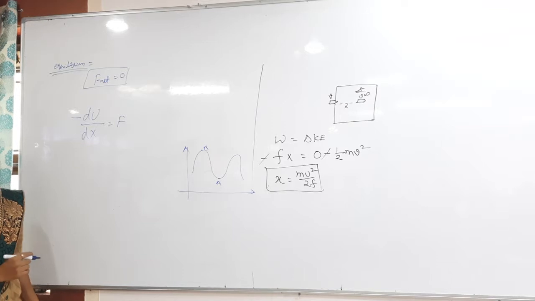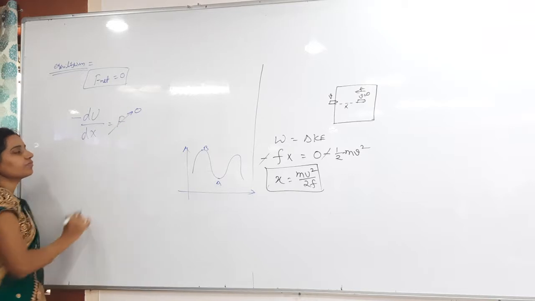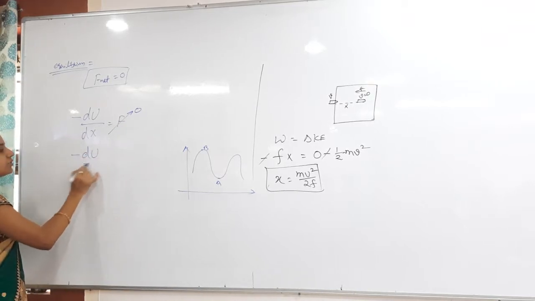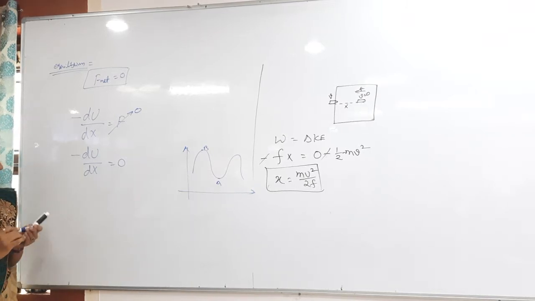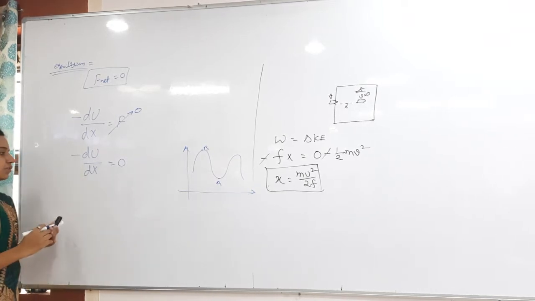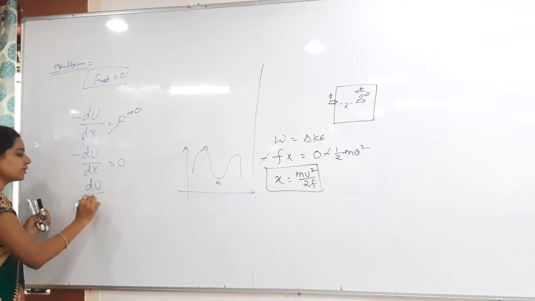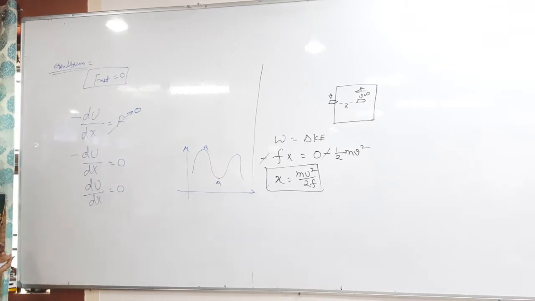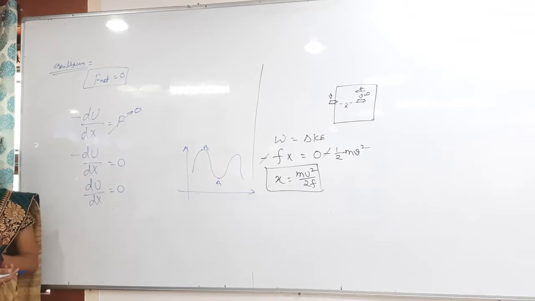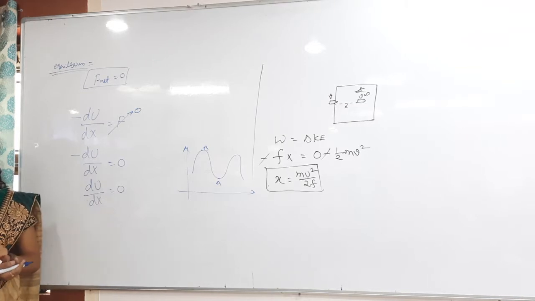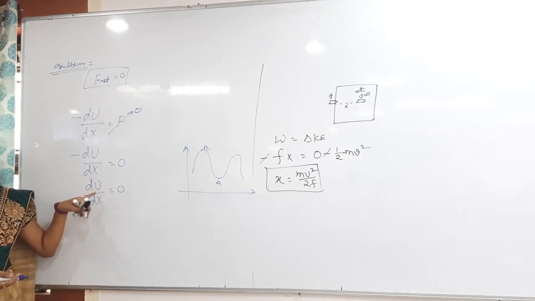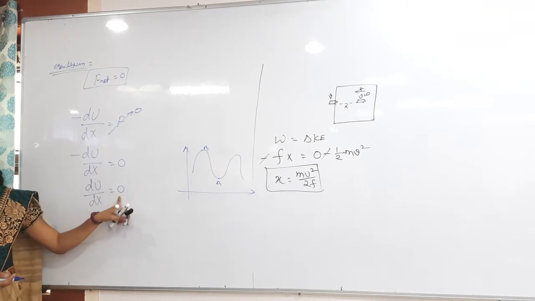And then I said that whenever the particle is in equilibrium, at that time F becomes how much? 0. Then what can I say? Minus du by dx is equal to 0. Clearly I can write du by dx also 0 only. Now what can you say? du by dx, u by x means what? Potential energy is changing with respect to x only. But what can I say? Can I say slope here? Slope of the u-x graph can be 0 here.